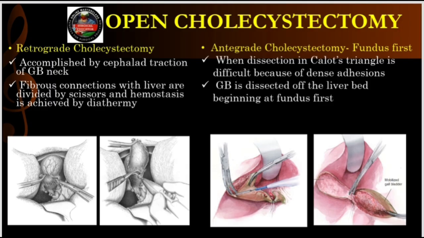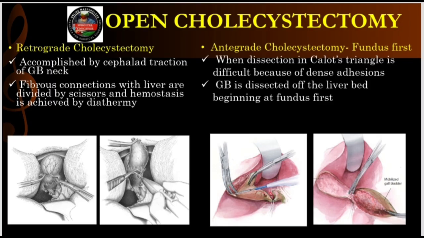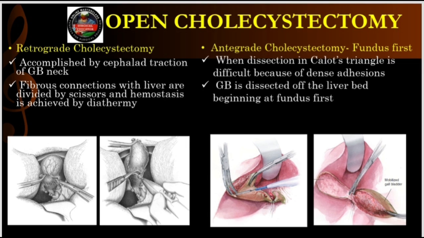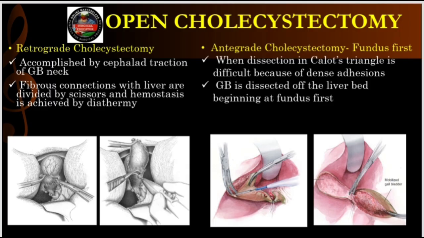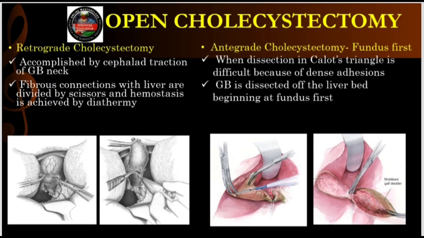Right. The liver bed is laced with thousands of microscopic capillary channels. You cannot possibly take a needle and thread to tie off every single oozing capillary. It would take hours and cause way more damage. So diathermy is the application of a high-frequency alternating electrical current. The surgeon uses a specialized wand that looks almost like a metal pen. When the metal tip touches the bleeding liver tissue and the surgeon steps on a pedal, the electrical current passes